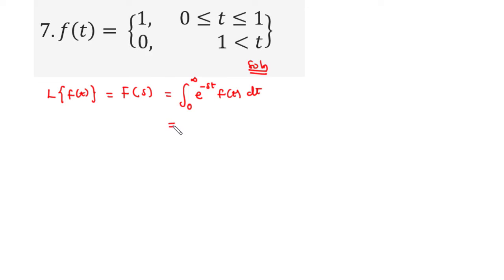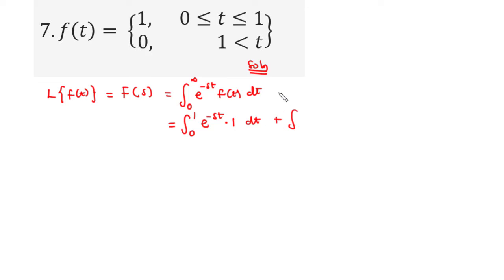So we can expand this to have, first of all, the integral from 0 to 1 of e to the power -st, and then we have f of t to be equal to 1, so times 1 dt